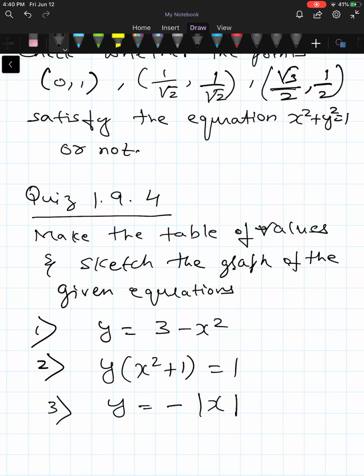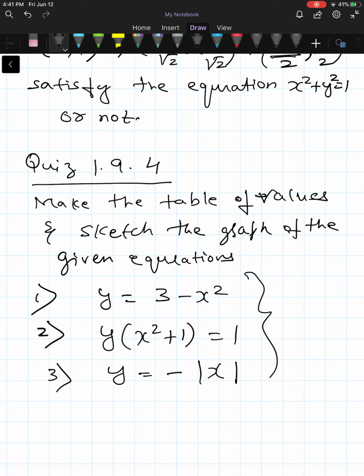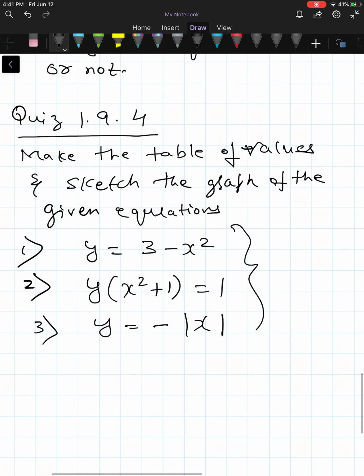Unless you are asked to use the calculator, you need not use it, because all these equations you can do it manually. There are certain complicated equations where you need to use your calculator. So if you are asked to use the calculator, you can use it. If you are not asked to use your calculator, you will be given equations which you can plot, which you can find out the values and plot it on the graph sheet. So yeah, that is it. If you have any questions about using the calculator, even after I send you a PDF file, you can come to the office hours.